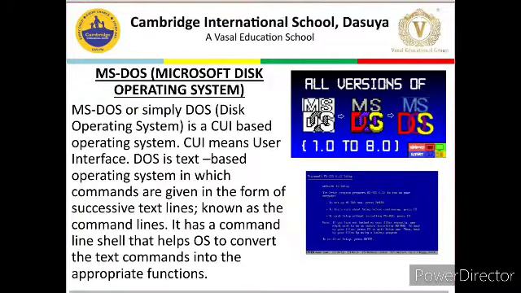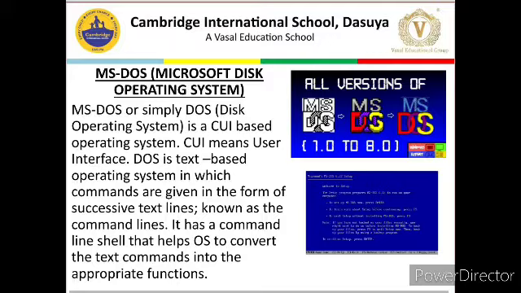MS-DOS, Microsoft Disk Operating System. MS-DOS, or simply DOS, is a CUI based operating system. CUI stands for character user interface or command user interface. DOS is a text-based operating system in which commands are given in the form of successive text lines known as command lines.